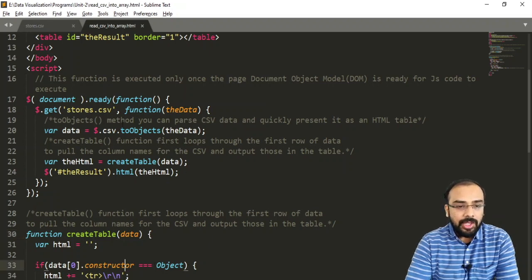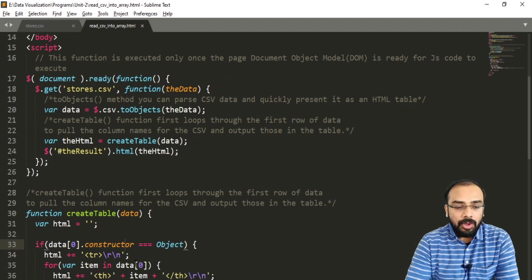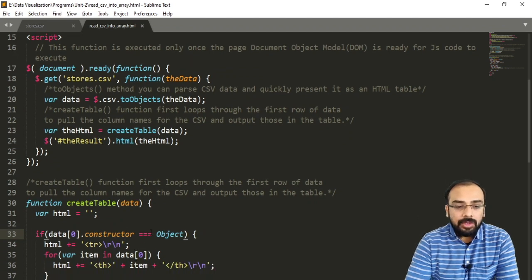Why? Because here we have converted it into an object. Now we should match both the data types. So if they are true, then and only then will it go inside this particular if block, else it will go outside. So what is the use of this triple equal? It will compare whether the data type of this data is of type object. It will do strict type checking, that means in a case sensitive manner. If both the data types are the same, then and only then will it return true, else it will return false.